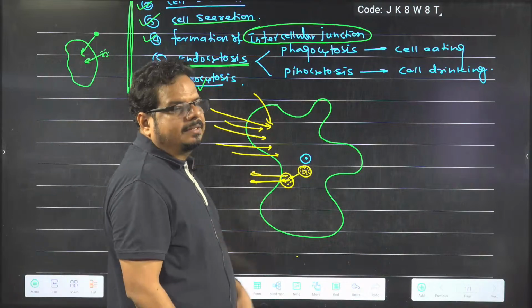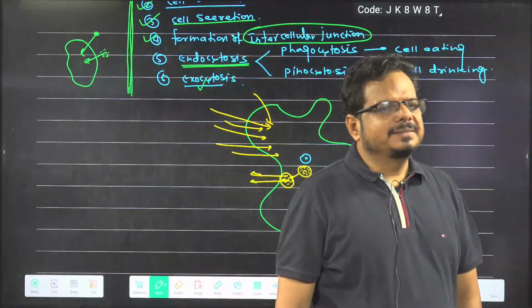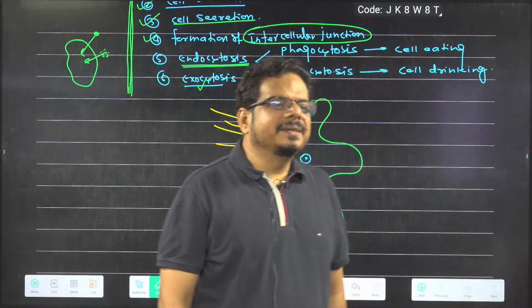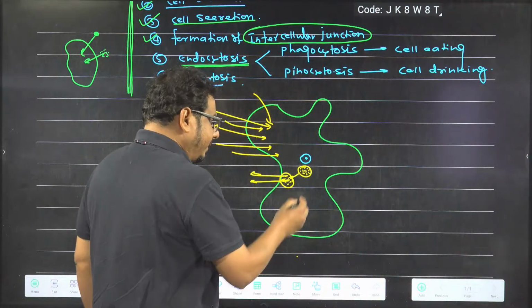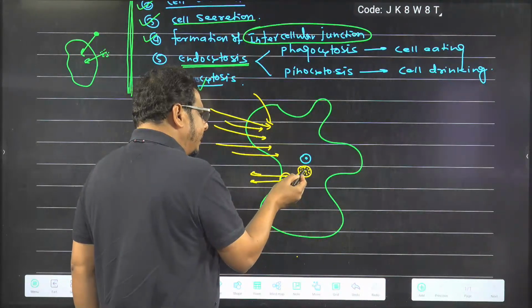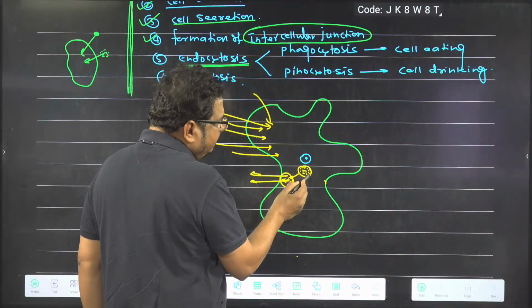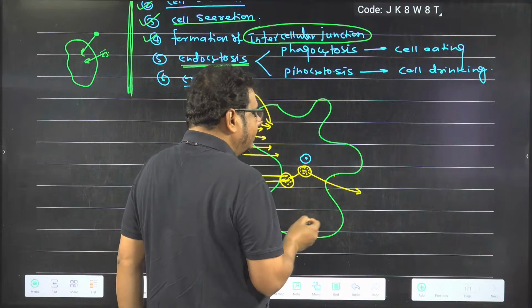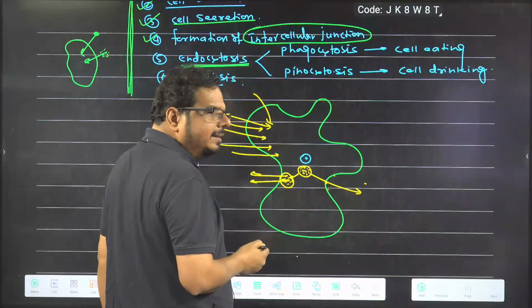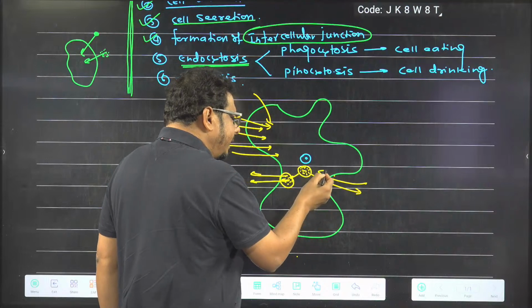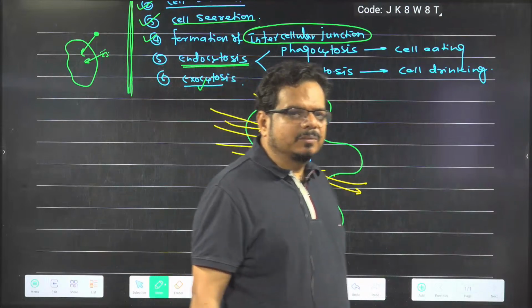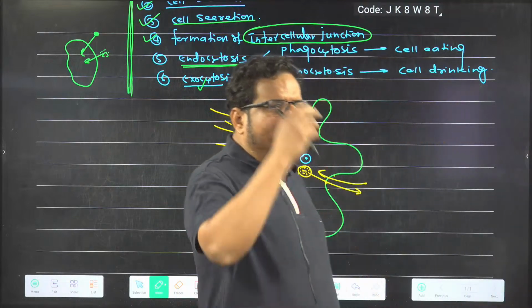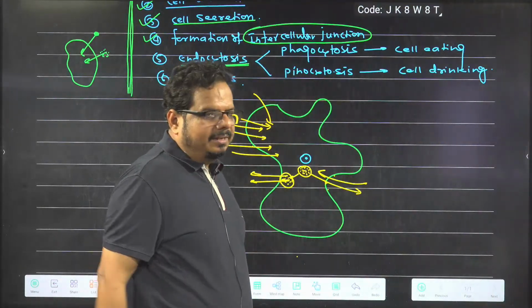Through the broken plasma membrane. Got the idea? So at that time a question arose in my mind. Sir is saying that if the contractile vacuole hits the plasma membrane and it breaks, water goes out. So if the plasma membrane breaks and water goes out, then why does water not come inside the cell? Water also can come in, no? Why is it happening like this? That time it was a question in my mind. Got the idea?